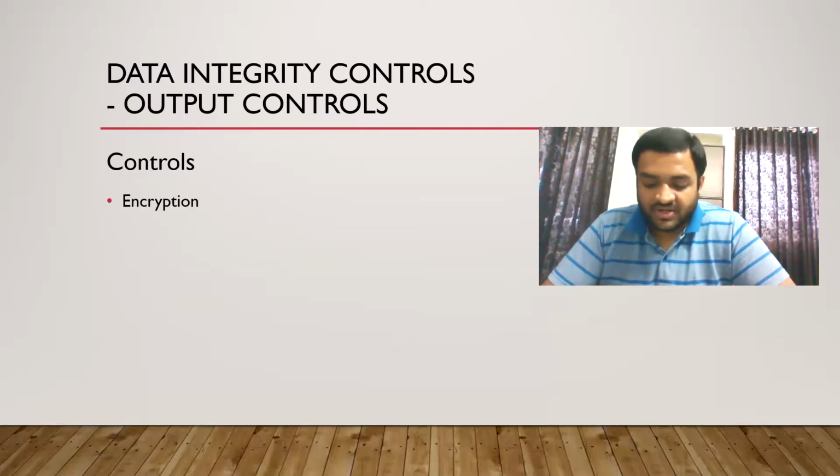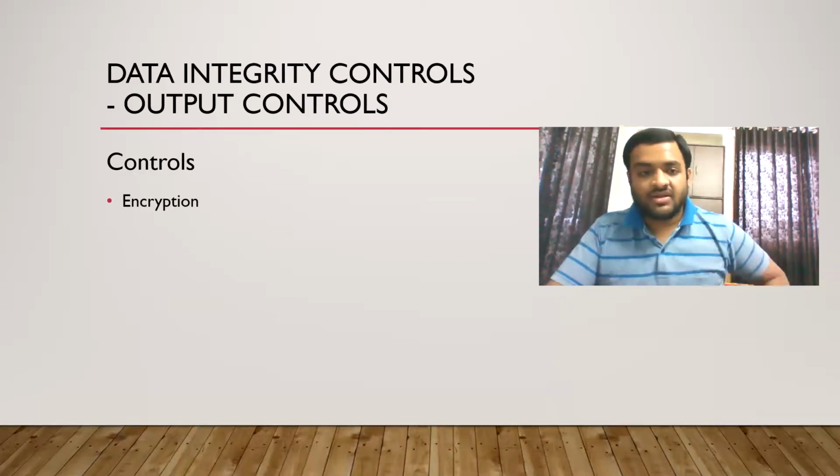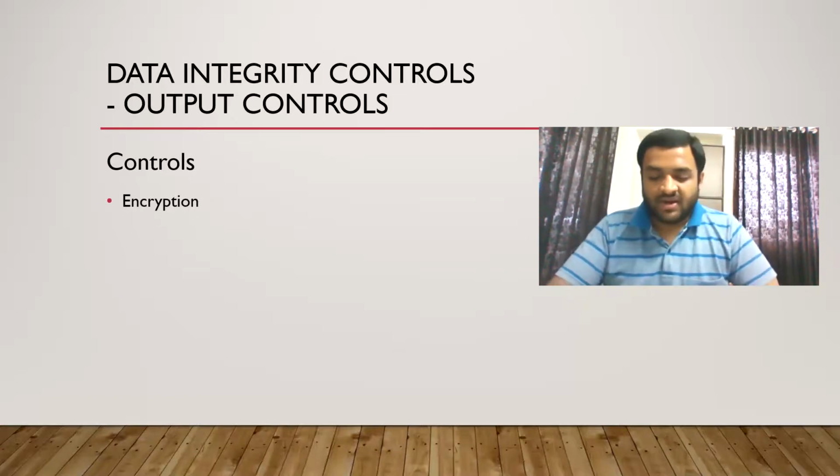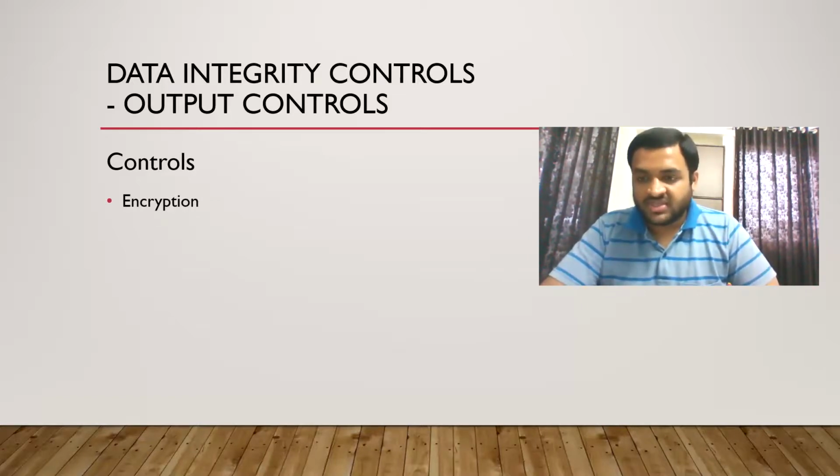go to the printer again and verify and give our user ID and password details. And when the data is being transmitted, it will be encrypted so that nobody else will do wiretapping and alter that data. Okay, what is encryption again? We will change the nature of the data transmission.